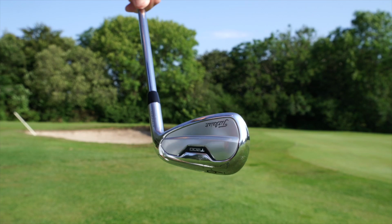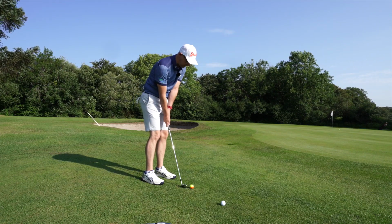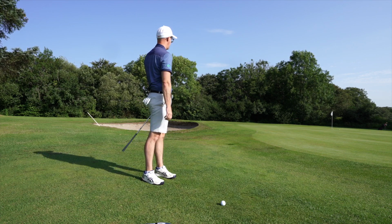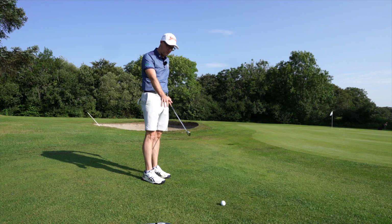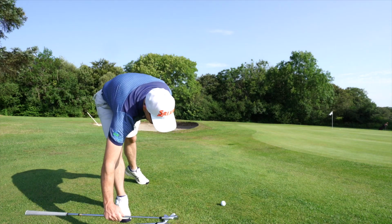9-iron run with the 200 next. As I keep saying, the 200 looks an absolute winner. Second time, a bit better with my feel of distance. Push that up to the hole again. That feels very easy to maneuver, not really that far away from the 100 in this department. But then when I do go to